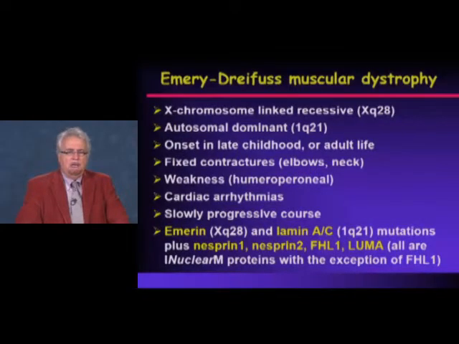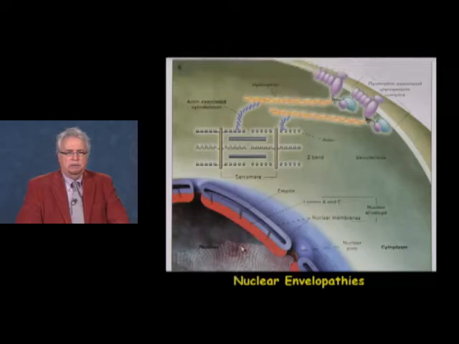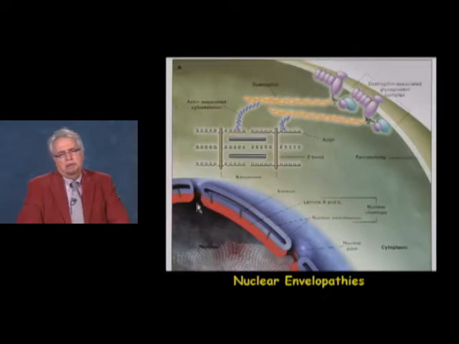And all of these, with the exception of the FHL1 gene, are inner nuclear membrane proteins. So all of these proteins being produced are localized on the inner side of the nuclear membrane, forming, for example, lamin A/C forms a polymer on the inner side. And this is why they're known as nuclear